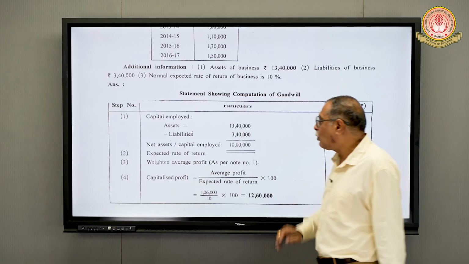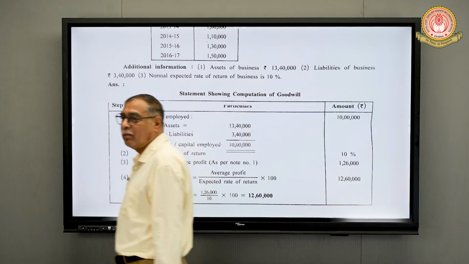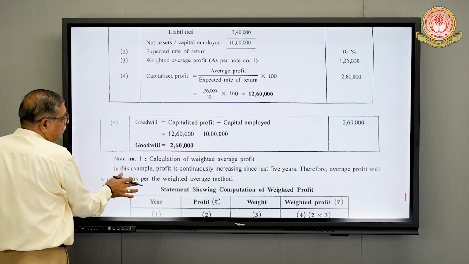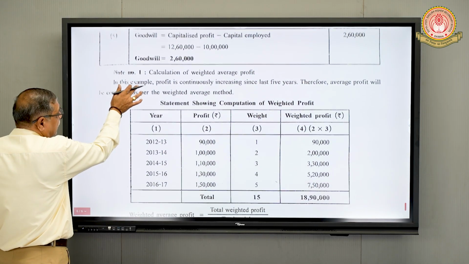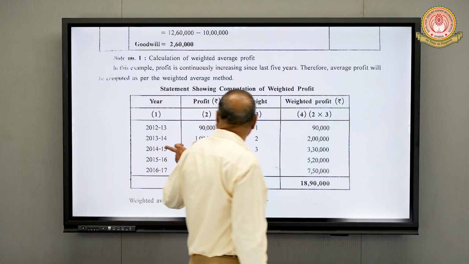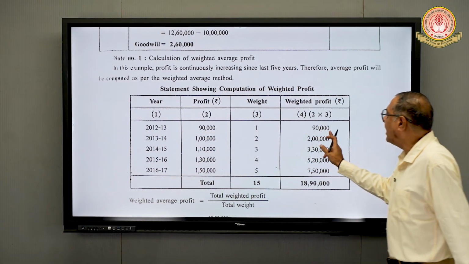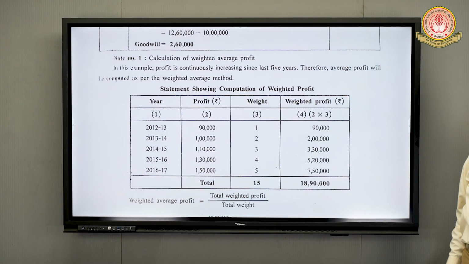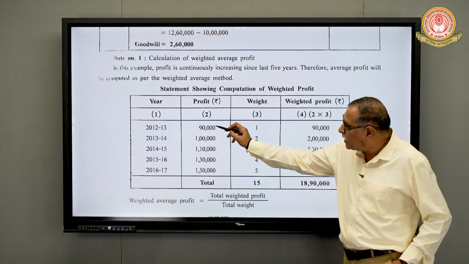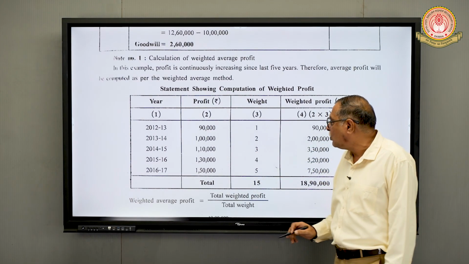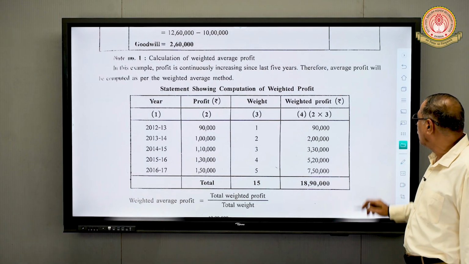Now we have to calculate the weighted average profit method. So how is the weighted average profit method calculated? You have to prepare again a table of weighted average profit that we have seen, right? The year, profit, weight, and the weighted profit. Weighted profit is also called the product. Now you have to write the profit, then multiply this into this. So what will you get? 90,000 into